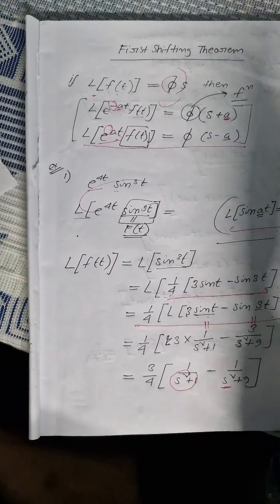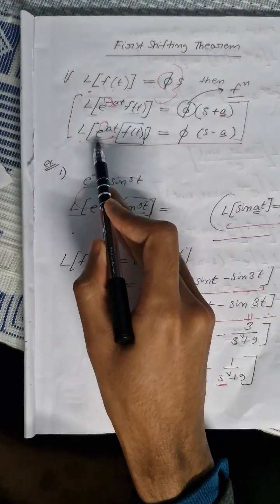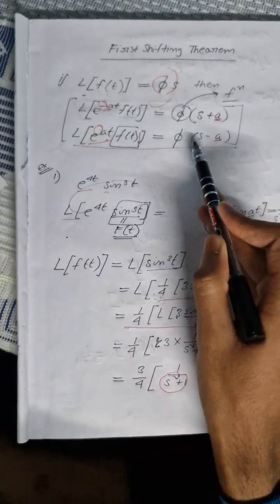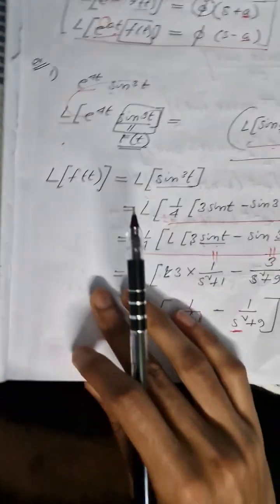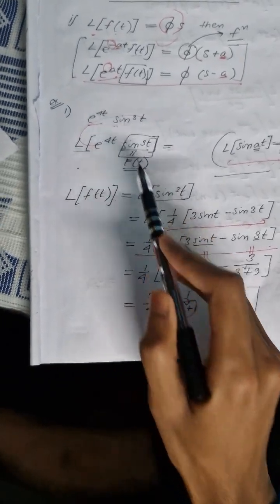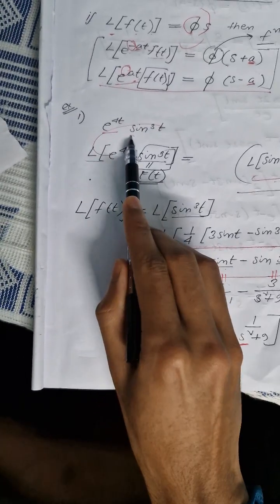In place of s, the value is s plus a when there is minus at. When there is plus at, that is e to the power at, it becomes s minus a. In the first question we have seen when there is e to the power 4t, when we solve this question, we first